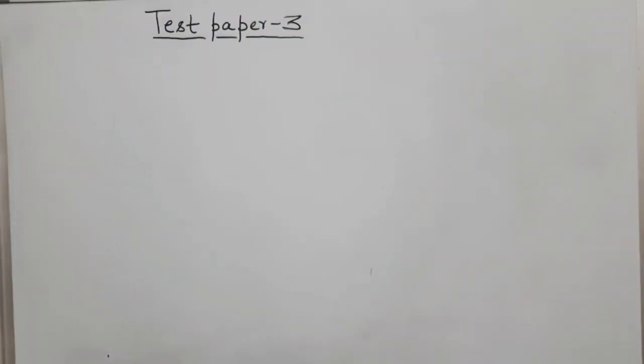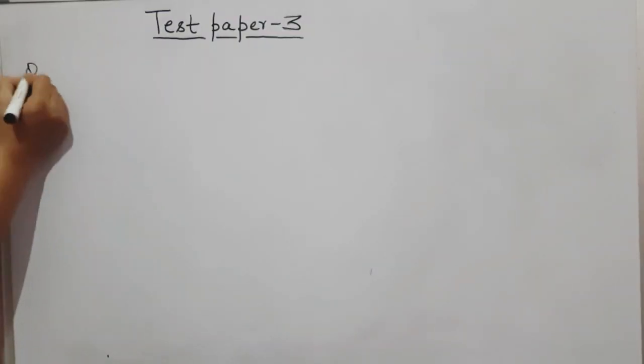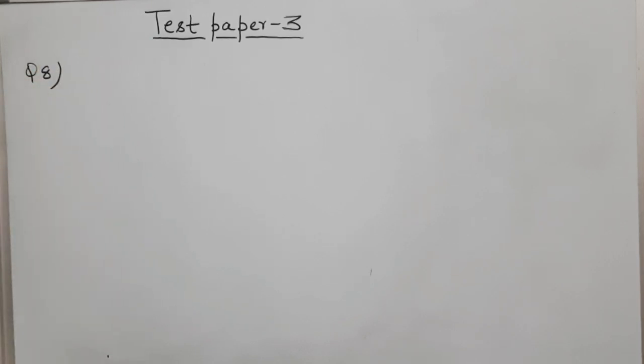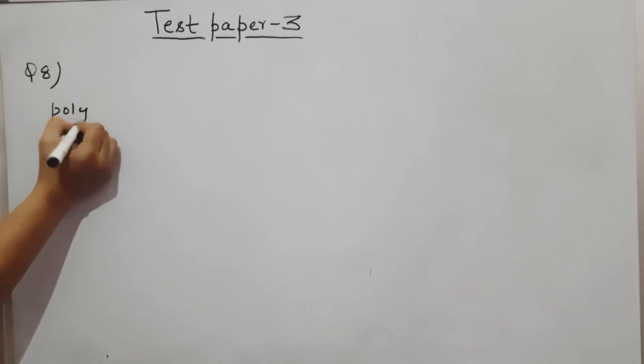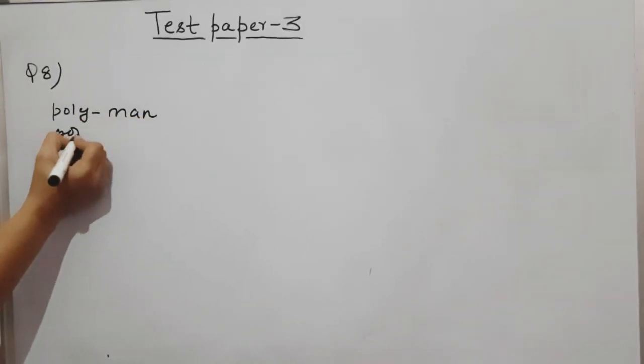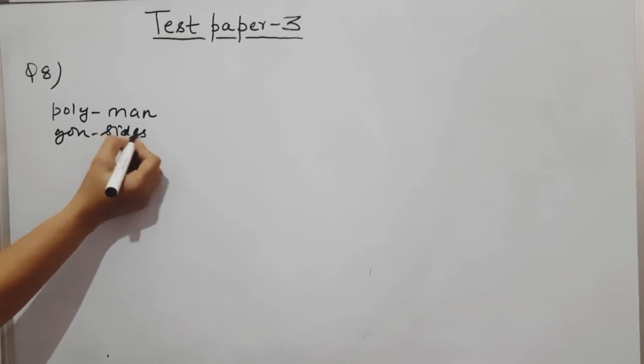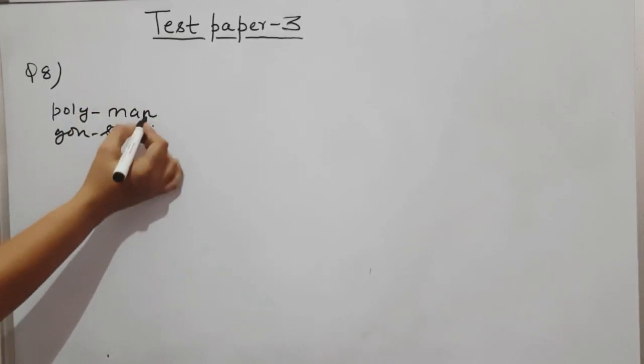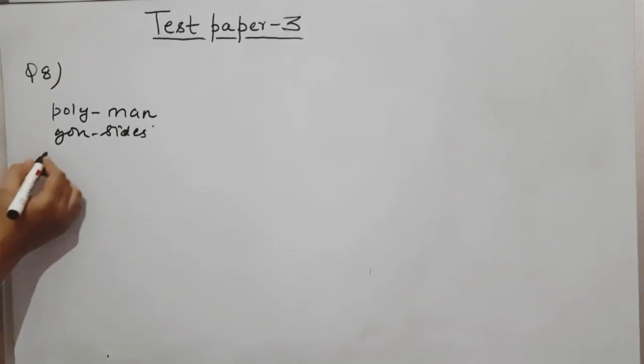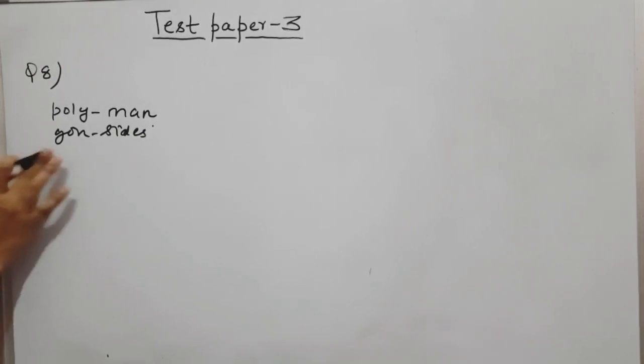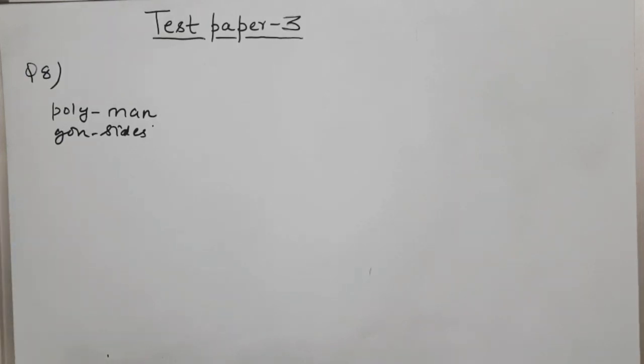Now the last question in this test paper is left. So students, now I am going to solve question number 8. So the question number 8 is, each side of a polygon is 3.8 centimeter in length and its perimeter is 22.8 centimeter. Now how many sides does the polygon have? Now tell me, what is a polygon? Polygon किसे कहते हैं? Poly means many and gon means sides. So a figure having many sides, right? More than 2 sides is a polygon. Till 3 sides it's a triangle, for 4 sides it's a quadrilateral, for 5 it is pentagon and for 6 it is a hexagon. So हमें ये पता करना है कि इस polygon में कितनी sides हैं.